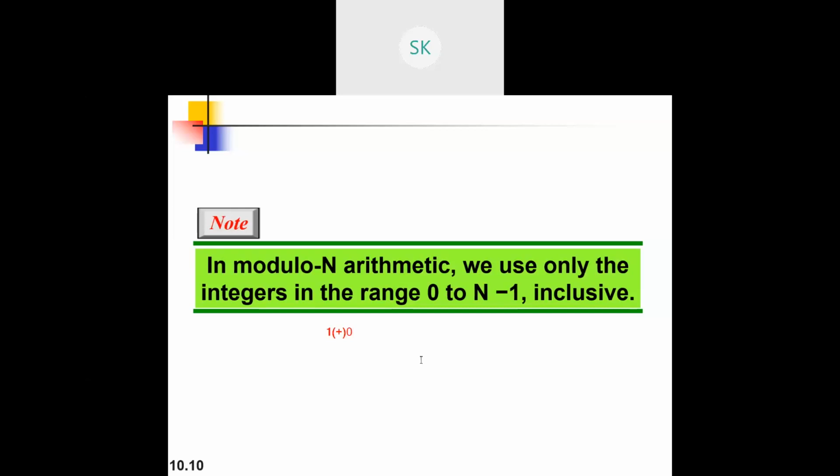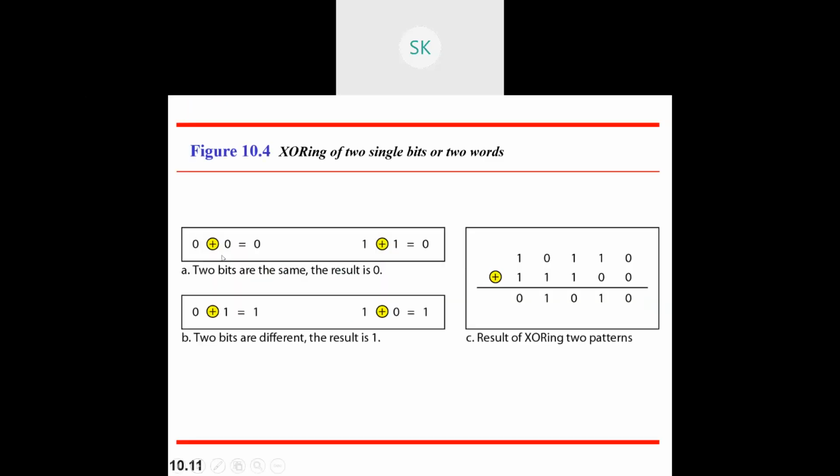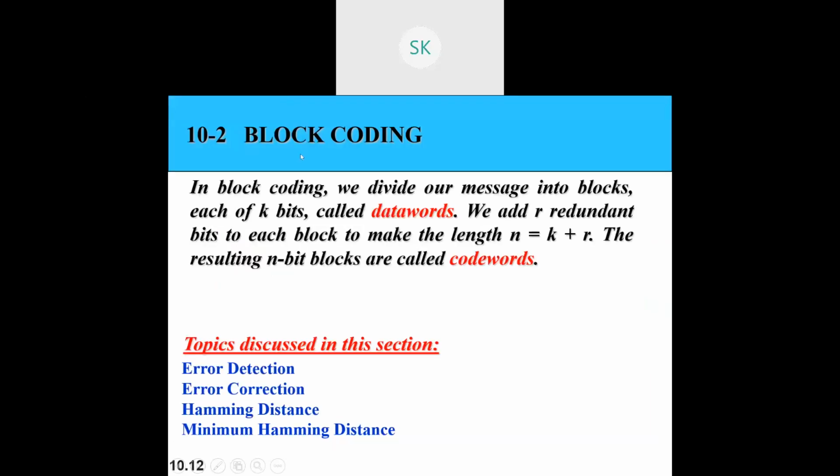Normally, it will be binary. So binary, you will always be going with 0 or 1. So with respect to your n arithmetic, that is modular 2 arithmetic will be used here. So in this 0 to 2, whatever the value is, between 0 and 1, 2 minus 1 is 1. 0 and 1, whatever integer values come, will be taken into consideration. That is what they are saying here with respect to the modulo n arithmetic principle. XOR operator. We'll just quickly move on to the next slide.